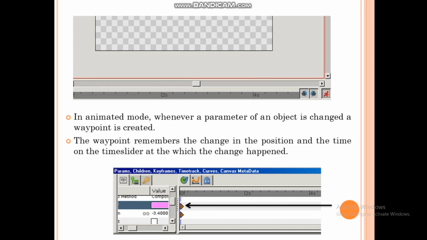Here you can see a waypoint is given. A waypoint is a diamond symbol. The waypoint remembers the change in the position and the time on the time slider at which the change happened. So on whichever frame the change happened, it will show you a waypoint there.